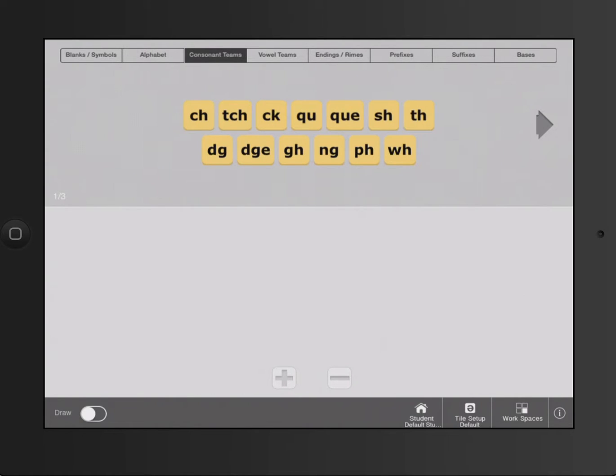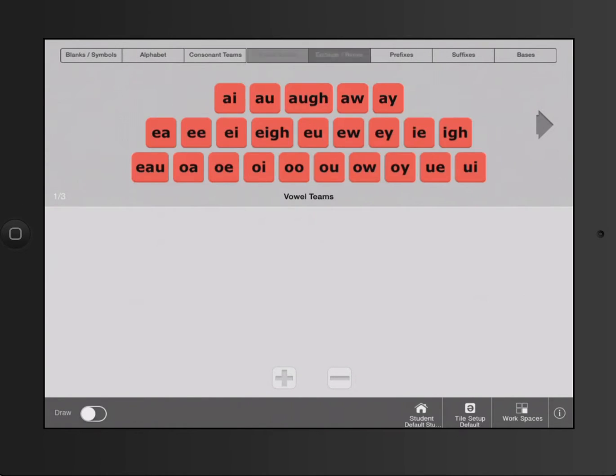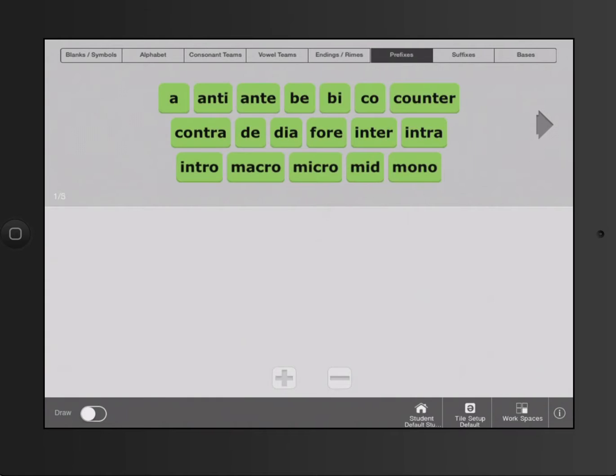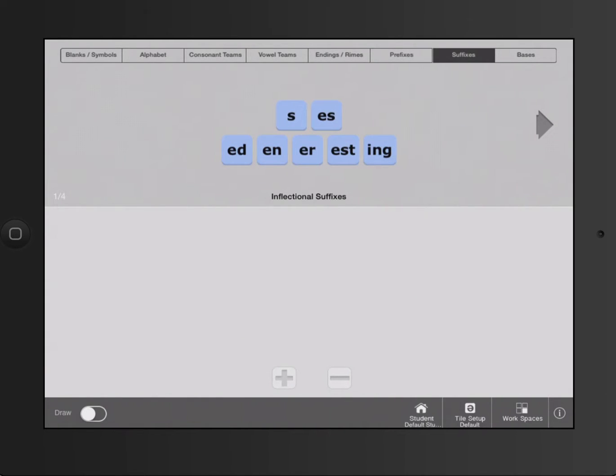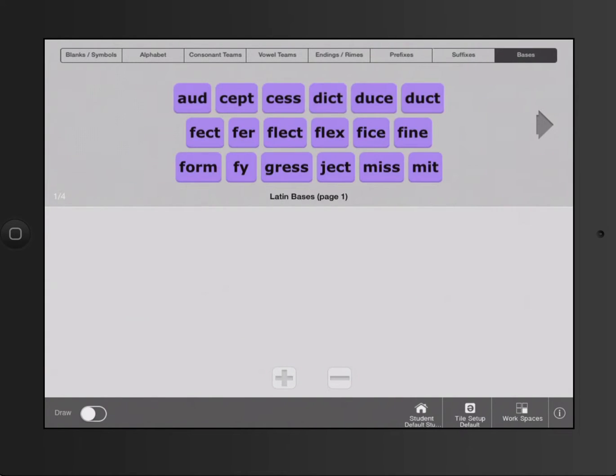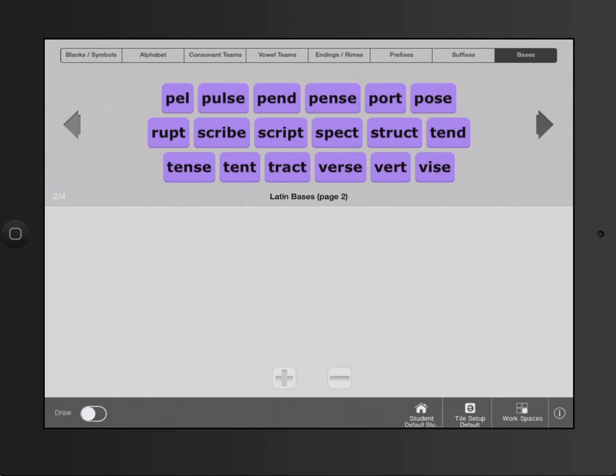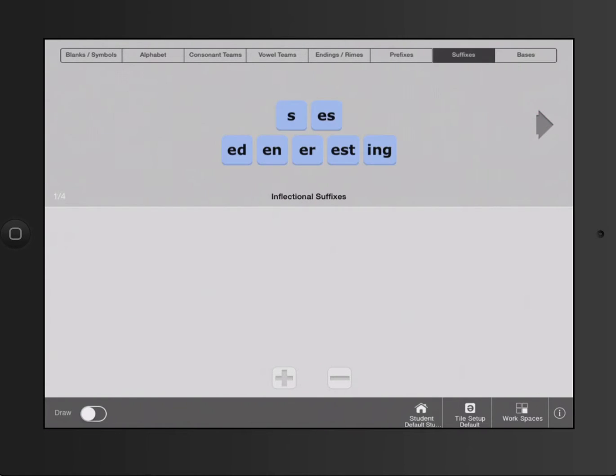There's consonant teams or consonant blends, vowel teams. There's word endings, prefixes, suffixes, and then some bases. And if you toggle through them, it'll provide you those different ones. So what I found interesting is if you were working on how you can create or play around with the different parts of a word and create different words, if you're working on word endings and you drag those over to the side,